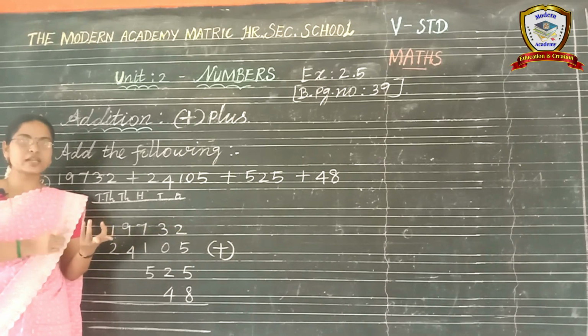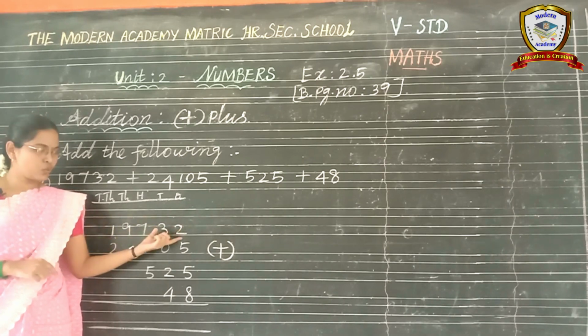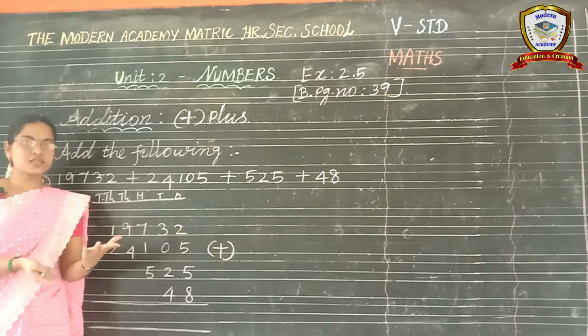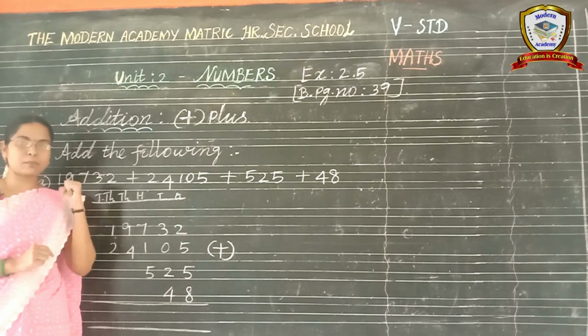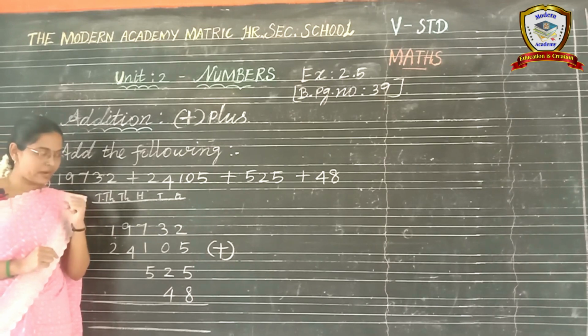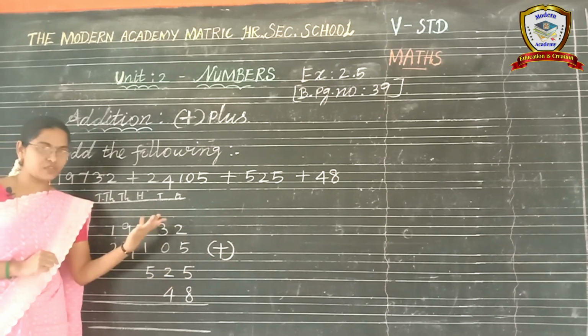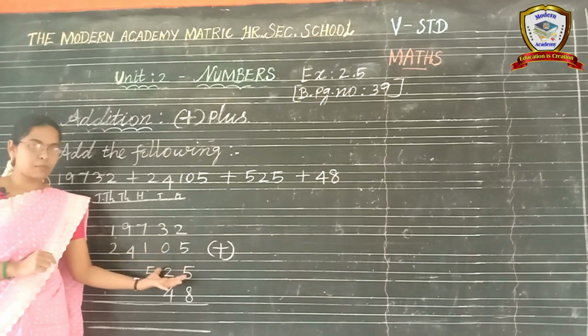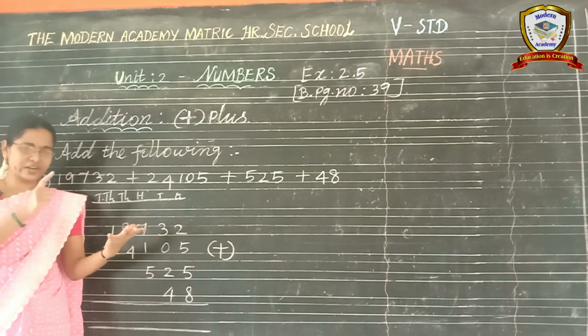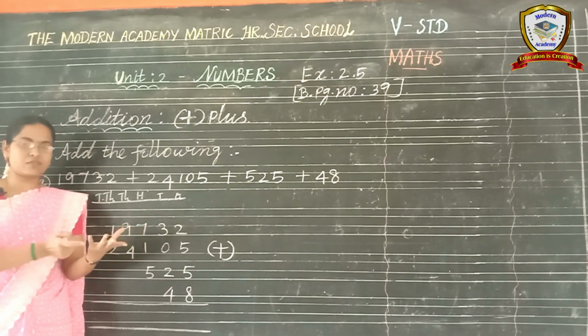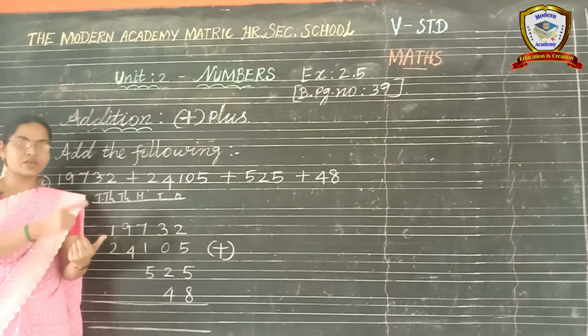First number ku appuram dhaan neenga count panna start pannanum. 2 in the mind, 5 in the fingers, 2 after, 3, 4, 5, 6, 7. Now 7 you should keep in your mind. 7 in the mind, ada mind la vechukonga, 5 in the fingers la. Leave 5 fingers. So 7 after you should count. 7 after, 8, 9, 10, 11, 12.